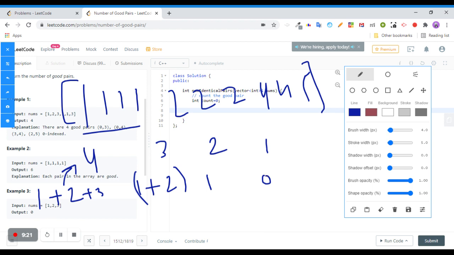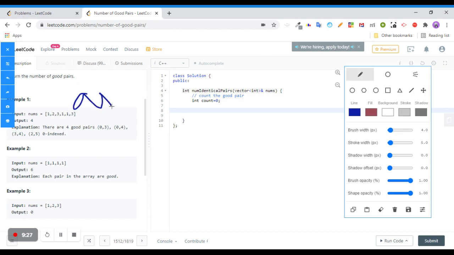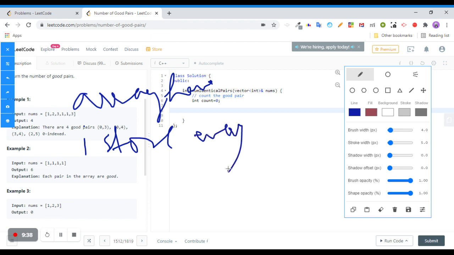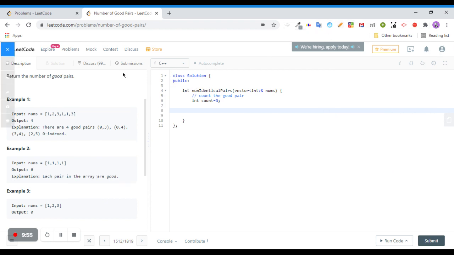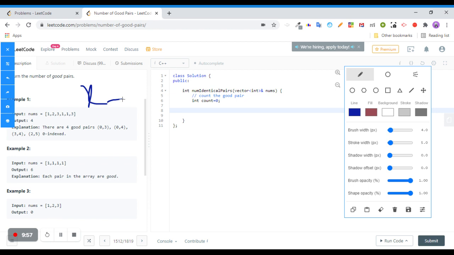So whatever array I have, I store every occurrence of every number. If the element x has y occurrences,